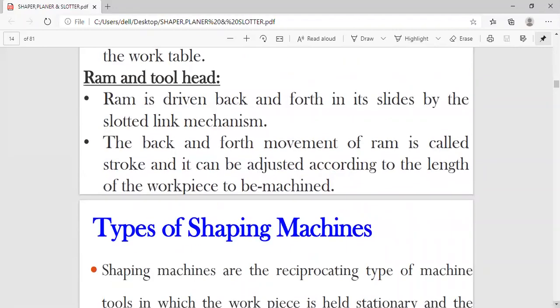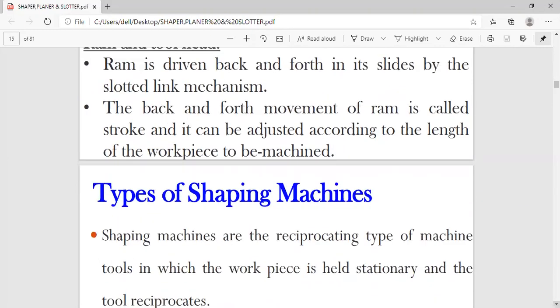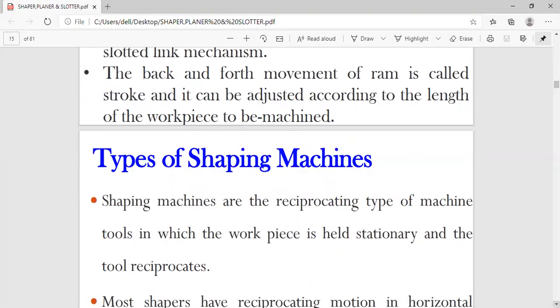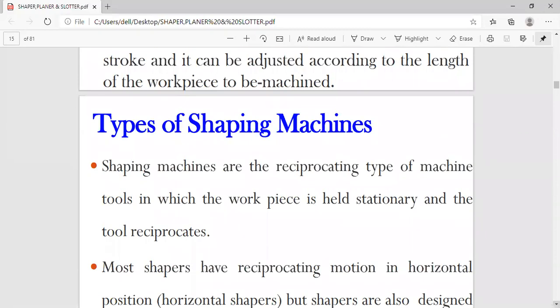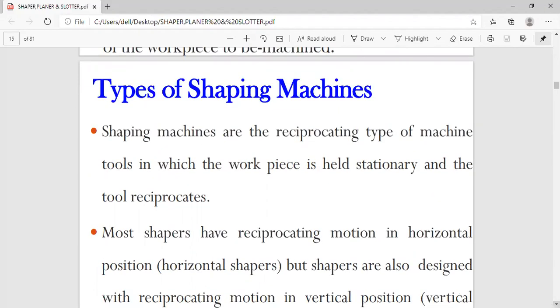Types of shaping machines, maybe we will discuss at full length tomorrow, because already it is 45 minutes now. We'll just see what we can discuss in this particular unit. Shaping machines are the reciprocating type of machine tools, where the workpiece is held stationary and the tool is reciprocating.